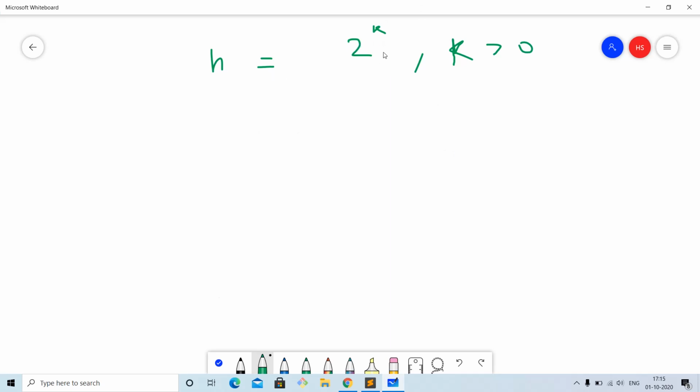So there is this case where n can be expressed as 2 to the power k, and there is another case where n cannot be expressed as 2 to the power k, but we will deal with that case after solving this one. So now let us say we have n equal to 2 to the power k for some k greater than 0. Let us take a simple case, where we take n to be 8.